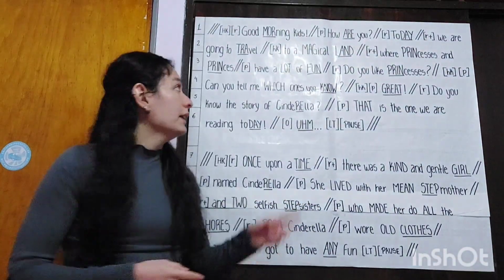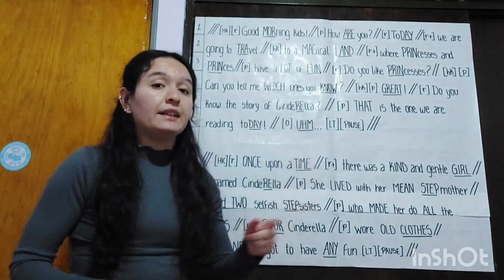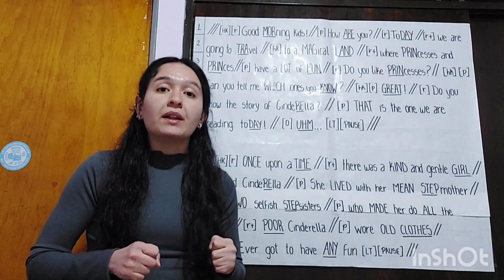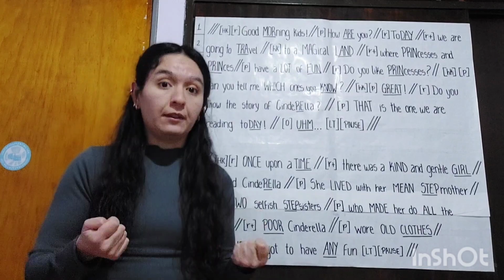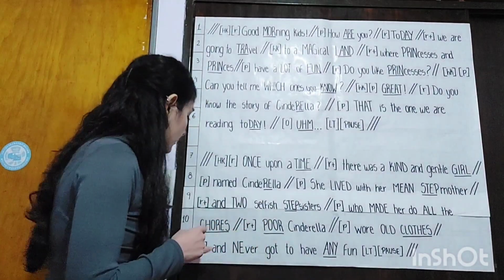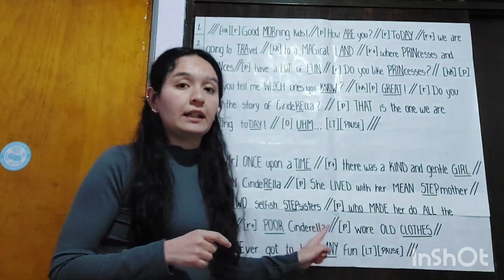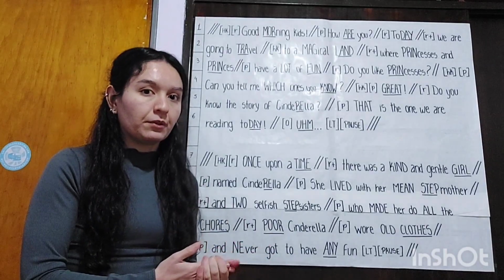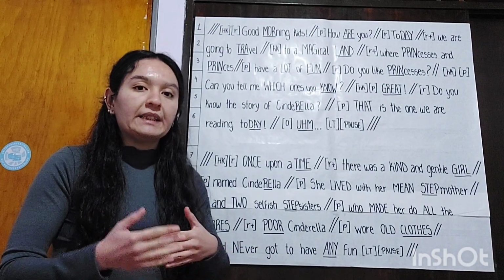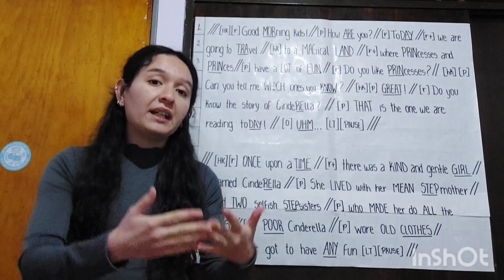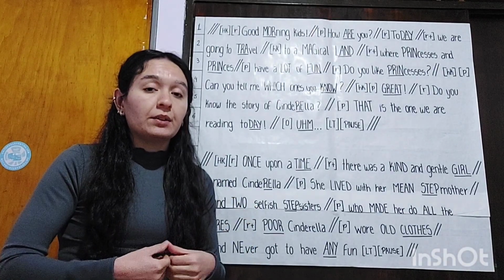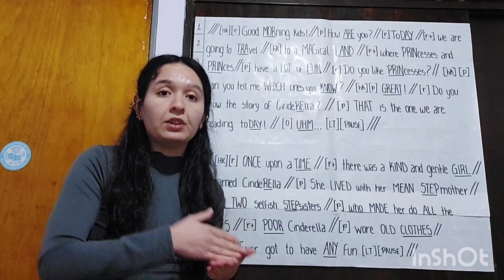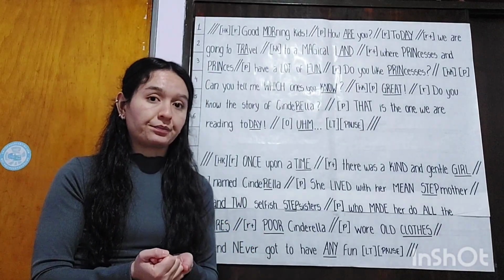For example, in line 5, "Cinderella" is prominent because I am introducing the subject of the story, so I consider this information to be relevant. However, in line 10, "Cinderella" is non-prominent because I have already mentioned her before. So it is part of the common ground between my students and I. So I do not consider this information to be relevant at this point of the classroom interaction.